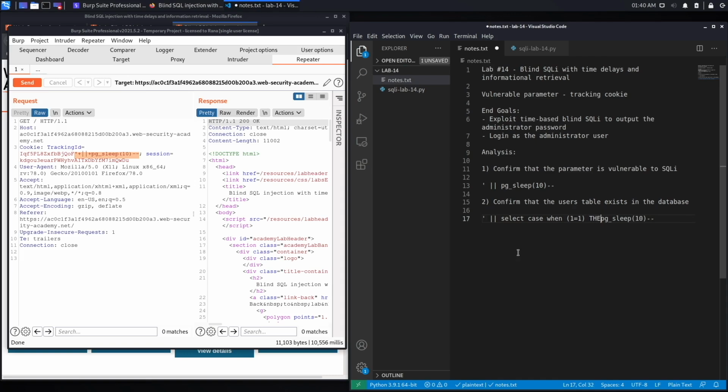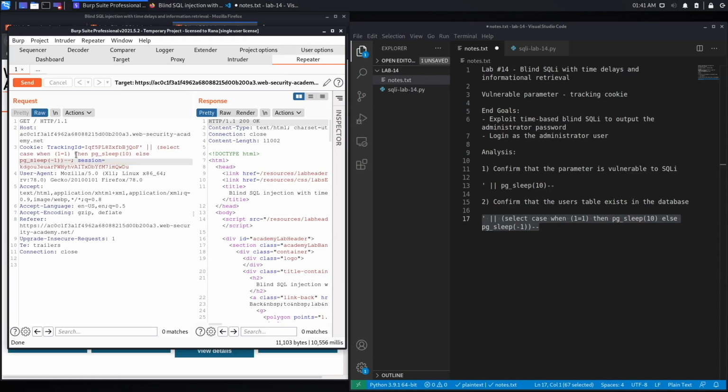Then PG sleep 10 seconds, else we'll say PG sleep -1. So if you use a negative number, it just won't cause a delay at all. So when the use case is true, I want it to sleep 10 seconds, otherwise don't sleep at all. And because this is a subquery, we're going to have to put it into curly brackets, and this should work over here. So let's copy that, put it in repeater, Control U to URL encode it,